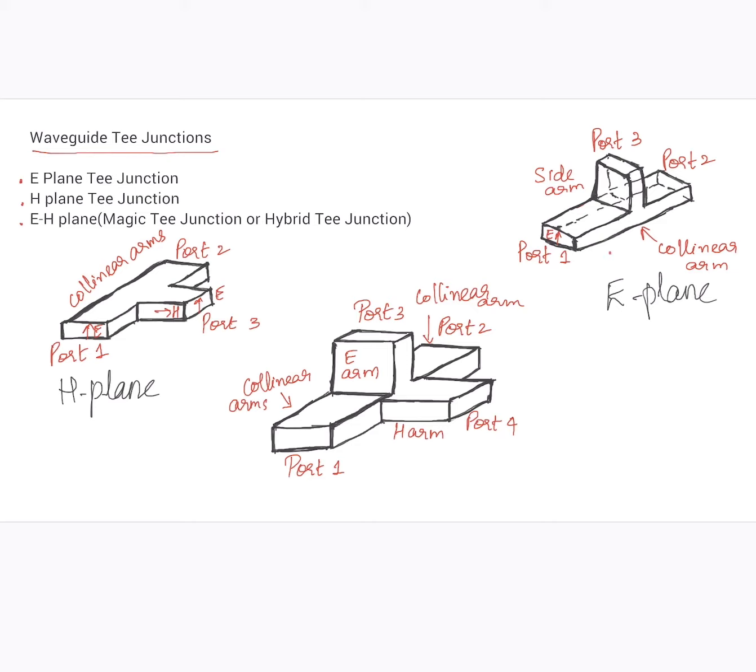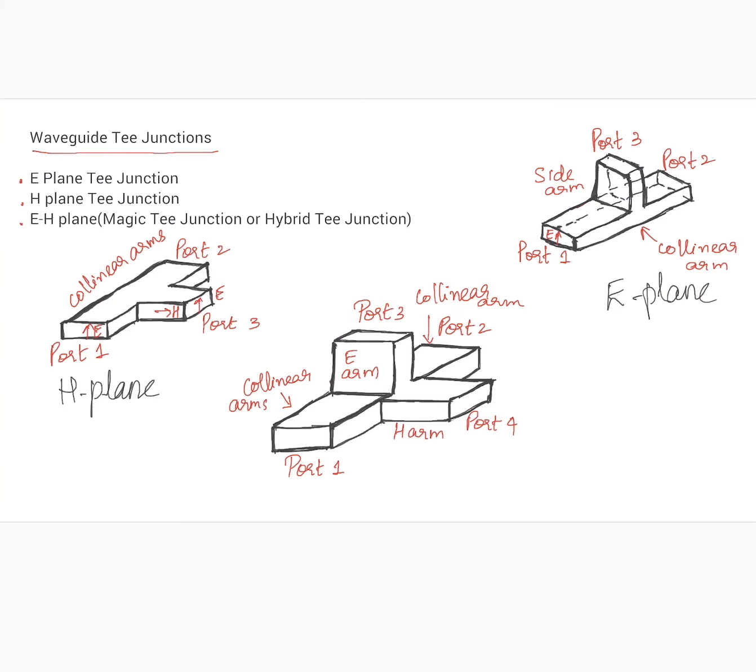And in case of the E-plane T junction, because of the dimensions or the symmetry of the E-plane T junction, when an input power is fed at port 3, it gets divided equally but in opposite direction. Because of the corners of the E-plane, it gets divided equally, but the waves coming out of port 1 and port 2 will be out of phase with each other, or there will be a phase shift of 180 degree.